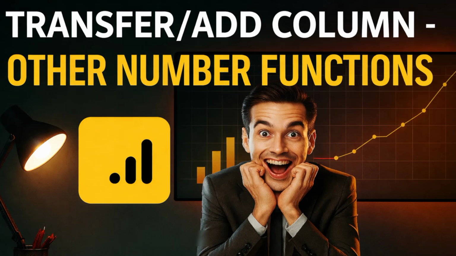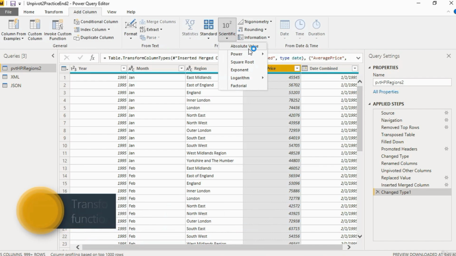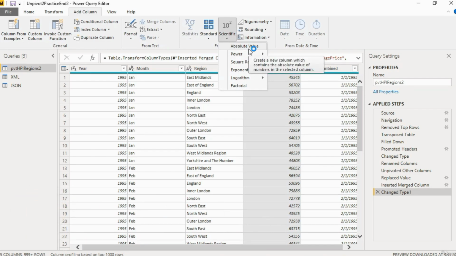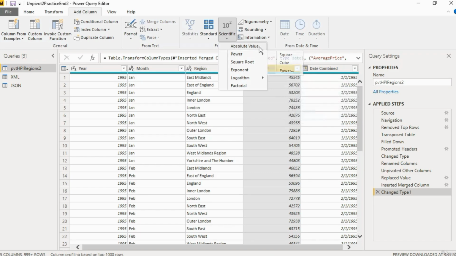The scientific and trigonometric values of functions. Absolute value, so that takes away the minus sign at the beginning. Power, so we can square it, in other words, multiply it by itself. We can cube it, multiply it again, so 3 times, or as many times as we want. So this is number.abs, number.power, square root,